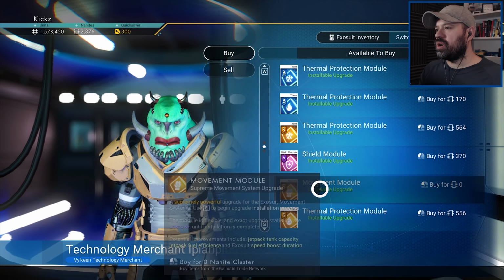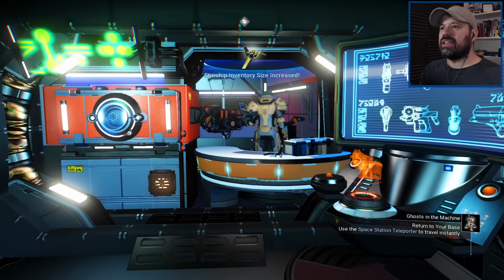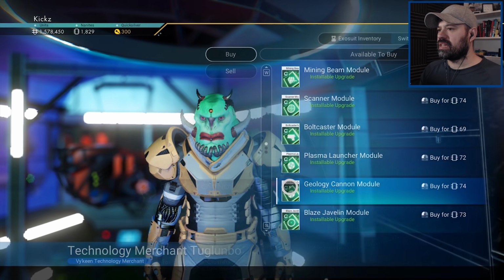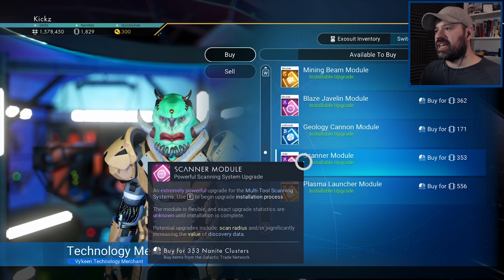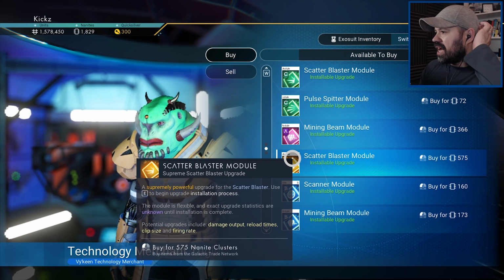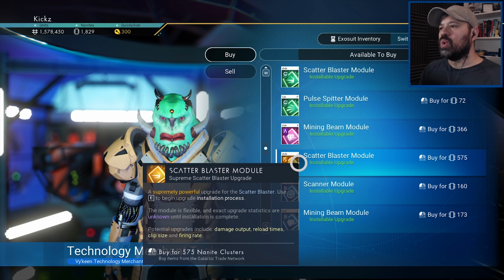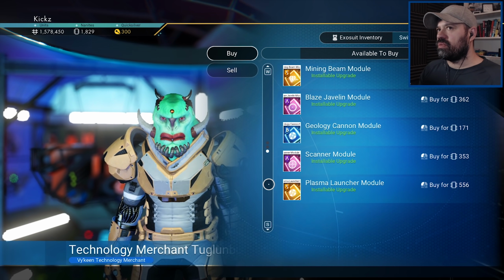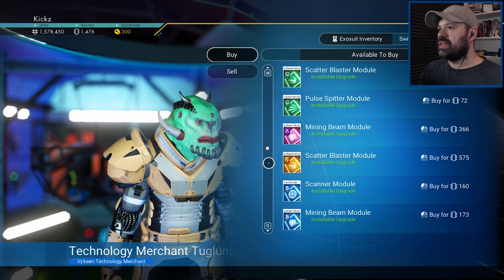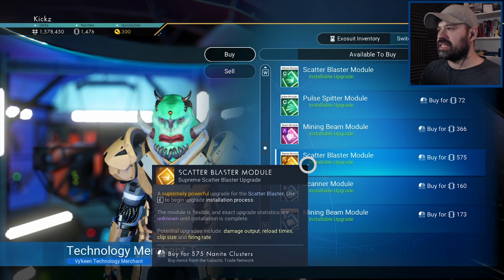There we go, another movement module. Very nice. I love it. And let's have a quick look and see if we can now afford a scanner module, if there is one. There's an A scanner module, which is better than nothing. Let's see if there is a... Oh, there's a B one as well. I don't know if I want to buy a B one. Oh, another S-class scatter blaster module. Let's see if we can afford all of them. So, ooh, it will be close. So we're gonna get the A scanner. And because I want to make some money with the scanning as well, I'm gonna get the B scanner as well if I can. I get the scatter blaster module